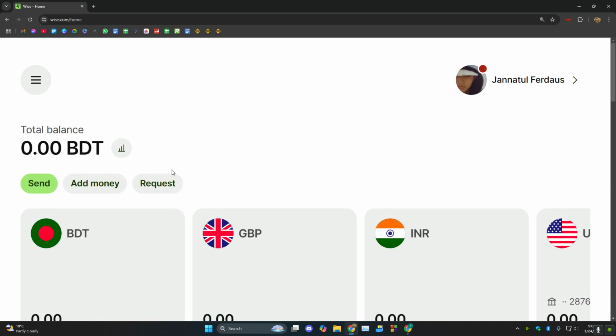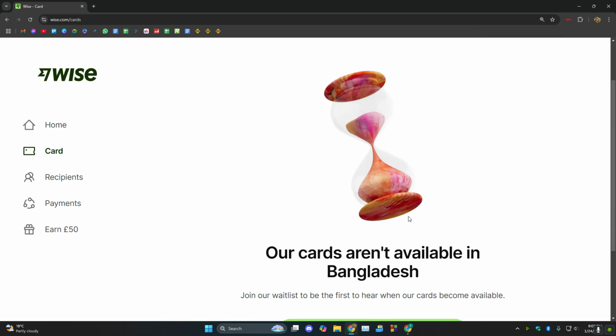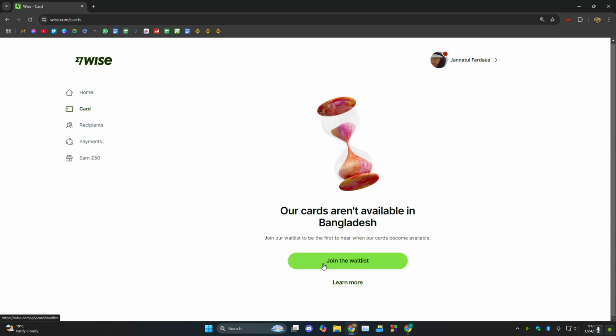all the way back, and then you have to click on card, and over card you'll see that there's something called add card. So you have to click on add card, and then you have to put in your PayPal details and see if it's approved. If it is, then your Wise account is successfully added to PayPal, and this is how you